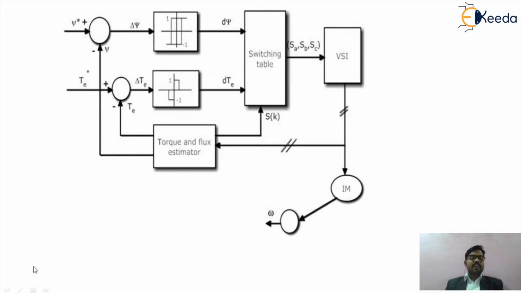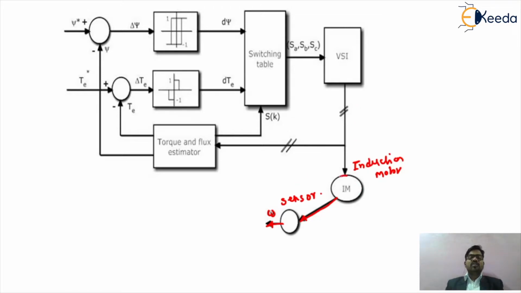So friends, now we can understand this whole principle by means of the simple block diagram. In a simple block diagram, here is the induction motor. In the induction motor, now we are sensing the speed by means of a sensor. That is, we are using a tachometer. So by means of that, the speed of your induction motor is sensed, and this will be the omega. That will be the sensed speed.